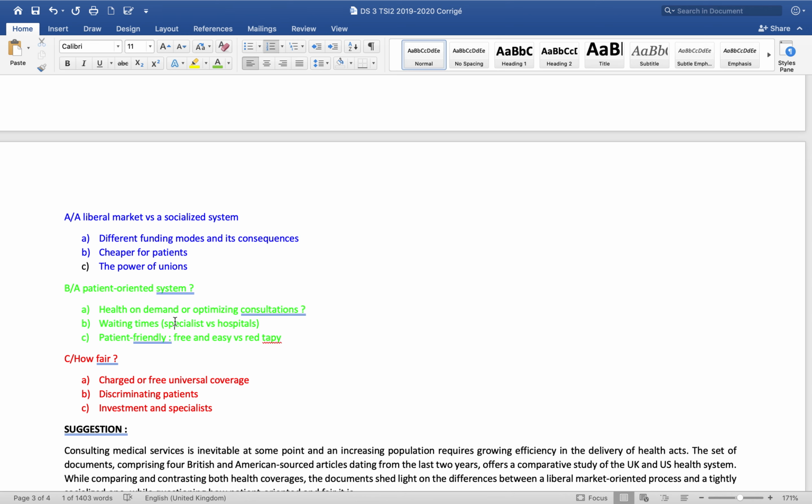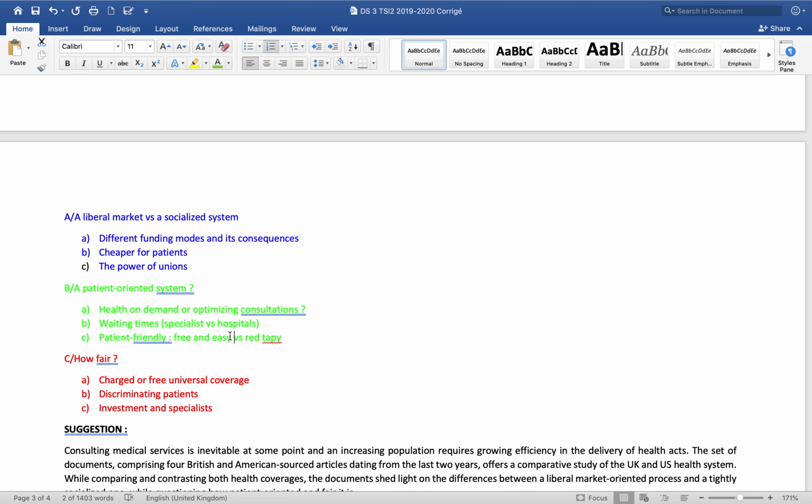Now, in the UK, you can't see a specialist over a short period of time, but when you go to hospitals, apparently it's much faster. So it's the other way around, okay? There's an opposition here between the US and the UK. And the last point is patient-friendly,